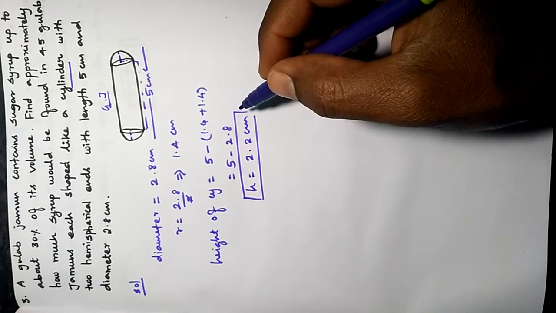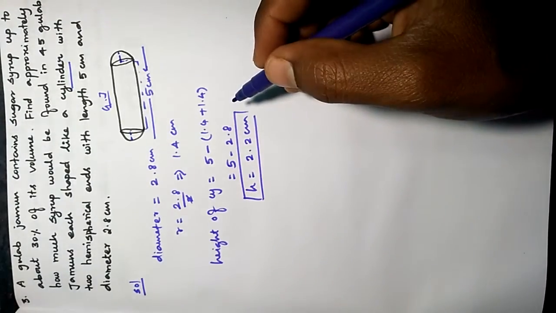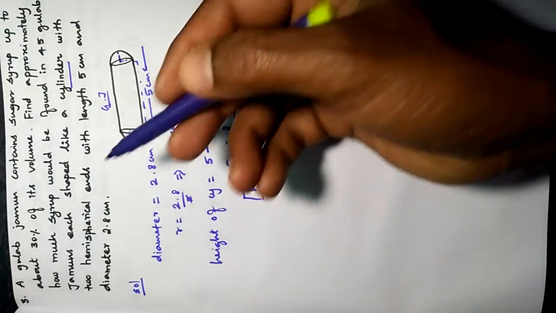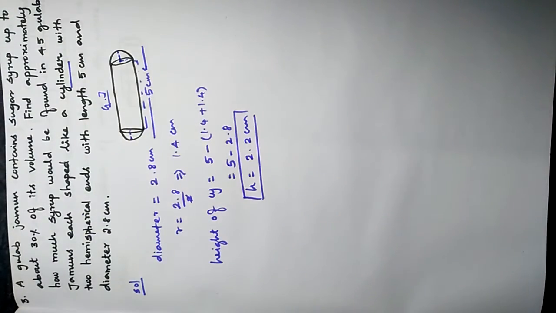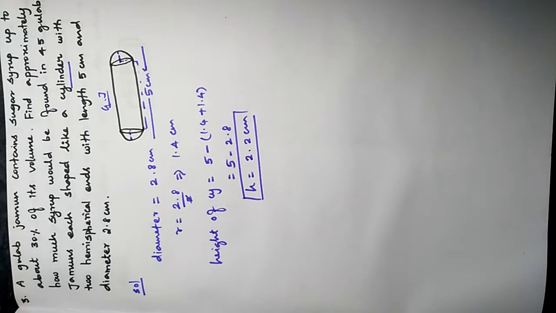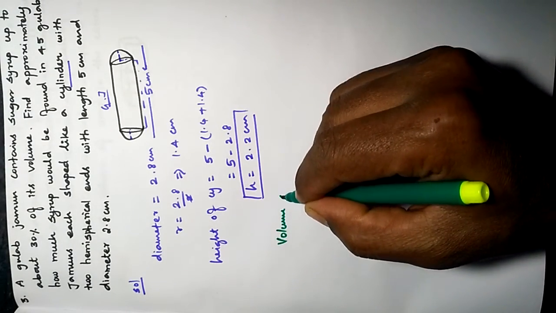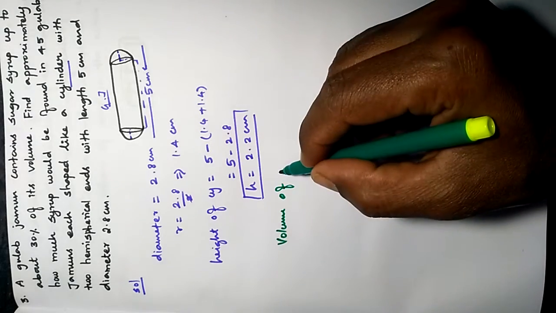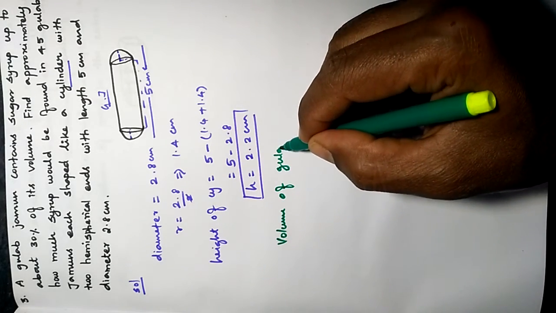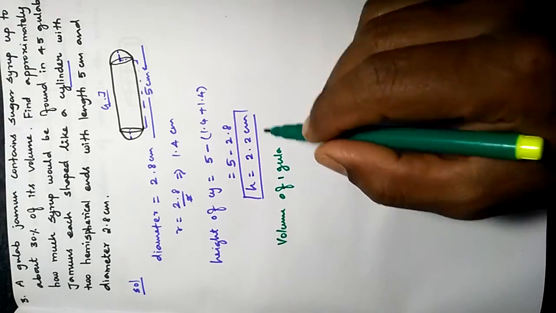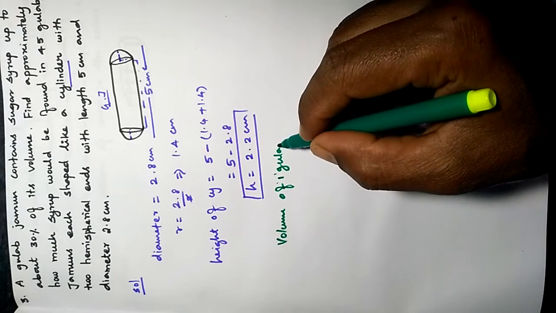Now let's find out first the volume of 45 gulab jamuns, then we can calculate the syrup. So to find that, let's use the volume of gulab jamuns. Let's find out one gulab jamun first. Volume of one gulab